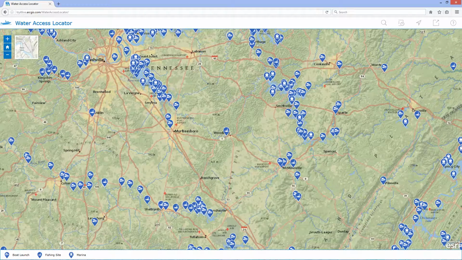Water Access Locator helps citizens and visitors locate boat ramps, marinas, and fishing sites in the state. It is a configurable JavaScript application, which is typically deployed by Fish and Wildlife and natural resources organizations to provide the public with 24-hour access to water access information,